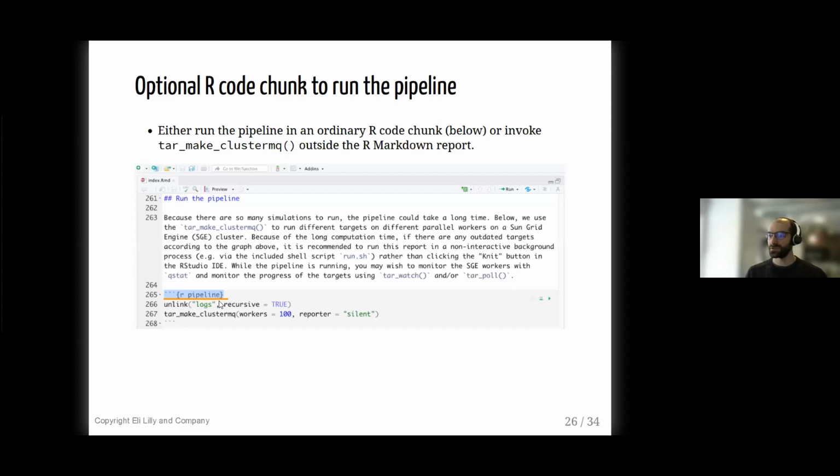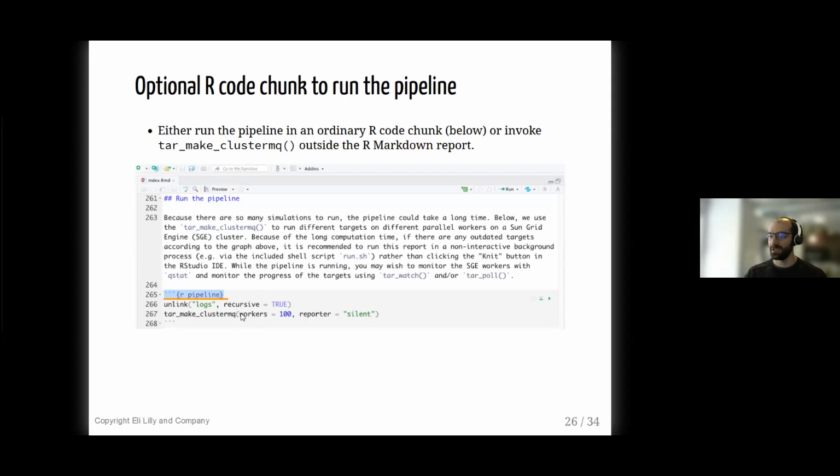And it's your choice whether to run the pipeline outside this report. So you could just run this report to define the pipeline if you wanted, or you could run the pipeline inside the report itself. It's often convenient to run it inside the report. So that's what I've chosen to do here.